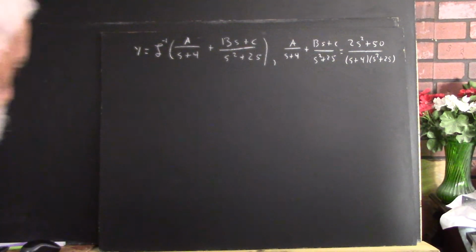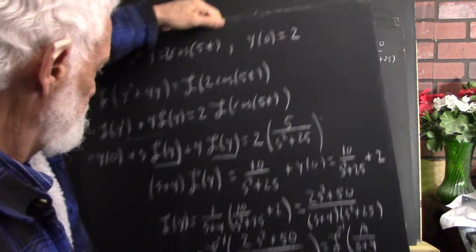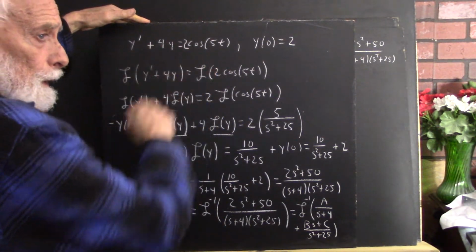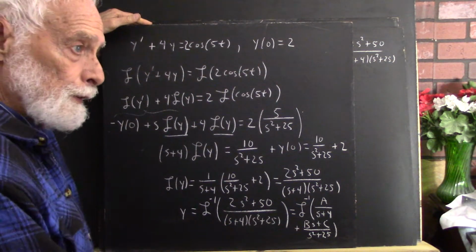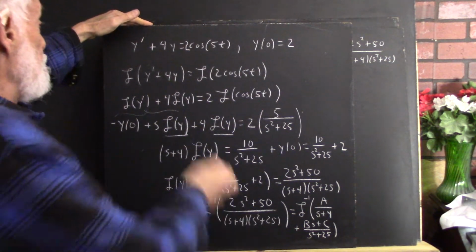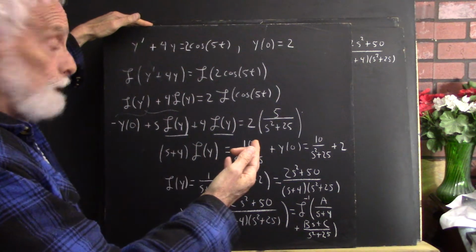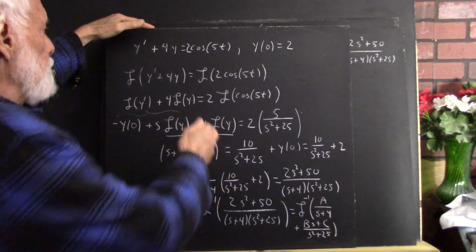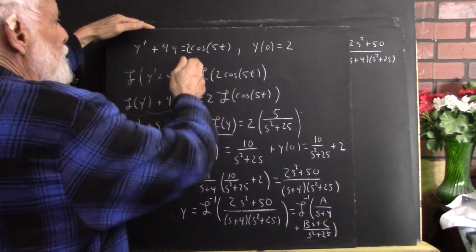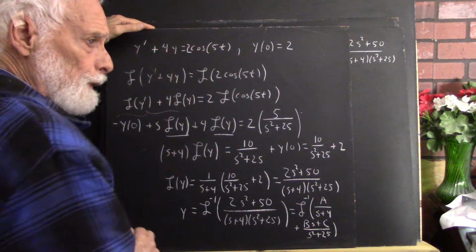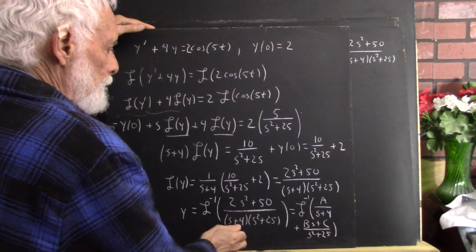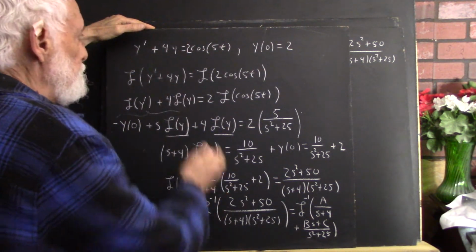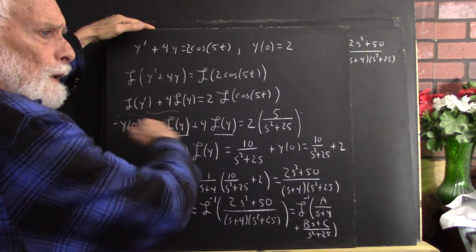Okay, so we've seen that the equation we see here is a simple first order linear non-homogeneous equation with obvious solutions. You're going to have an e to the minus 4t, some coefficient of e to the minus 4t, and it could be any coefficient, and then plus a linear combination of sines and cosines of 5t. And that's going to come out of this form here. So we've transformed the equation,